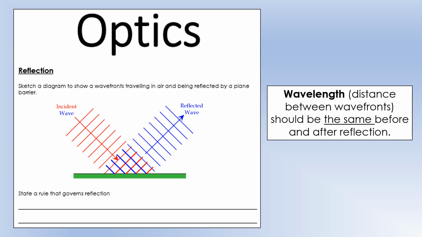And then the other rule that we should be obeying is that the angle of incidence should be equal to the angle of reflection. And we look at that from the rays that you can see in the center of the wavefronts there. The angle to the normal should be the same for both of them. Okay, so that's